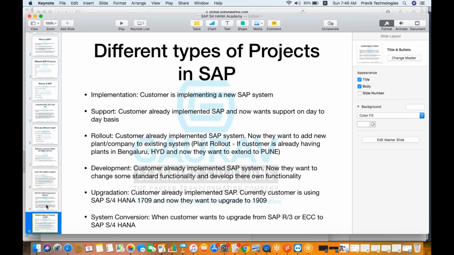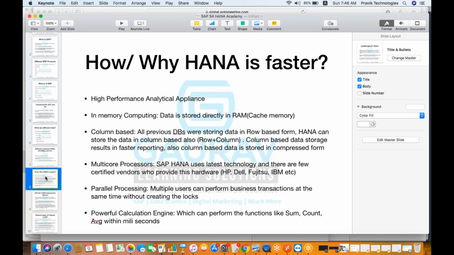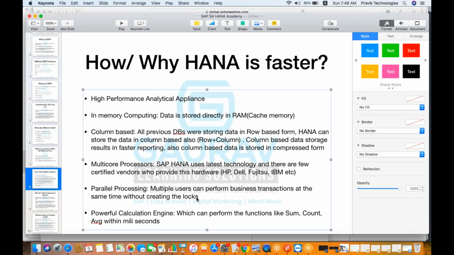Hello, Vikram. Yes, sir. So when you say it will not lock when we are trying to process anything in HANA, can two users perform the same sales order at a time? See, when we say without creating the locks, this means if a user is trying to update the sales order,